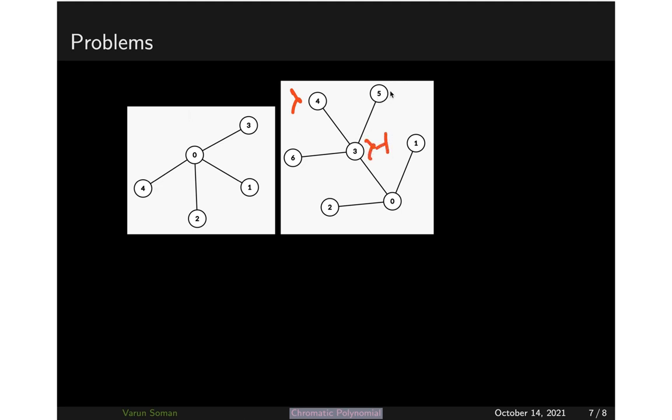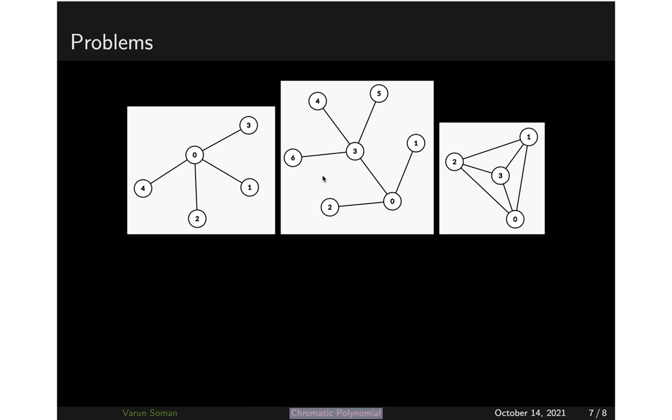Now for this vertex, this is only adjacent to this one, so one color has been used up here, so still lambda minus 1 will be available for them, and again lambda minus 1 will be available for them. It is not adjacent to any of them, so lambda minus 1 colors are available for him. Okay, so that way also you can prove it.